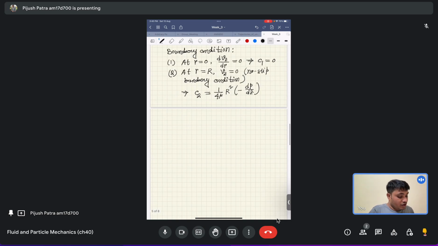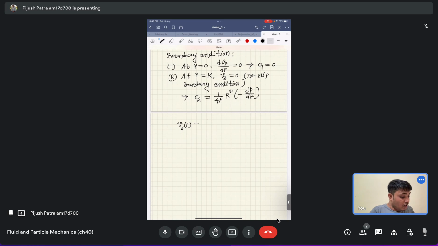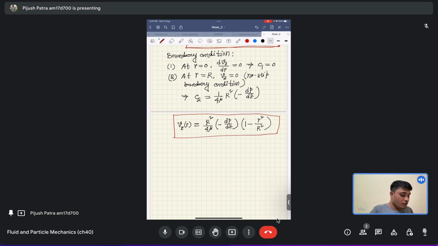That means the velocity profile which I get finally, Vz as a function of r, is equal to, if I take R² common, r²/(4 mu)... it will be R²/(4 mu) into minus dp/dz into 1 minus small r²/capital R². So this is the